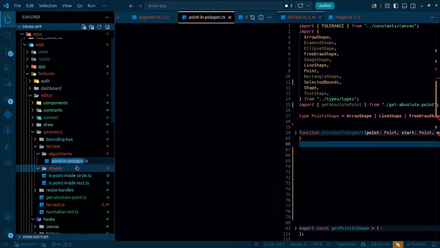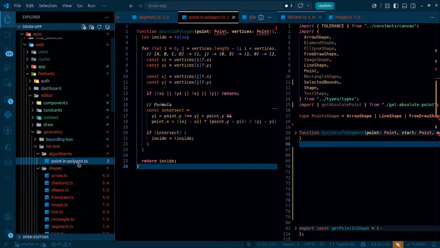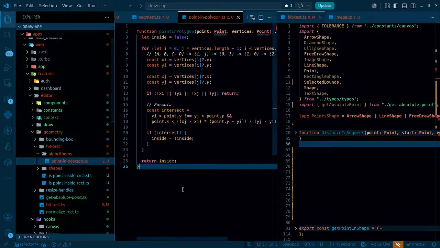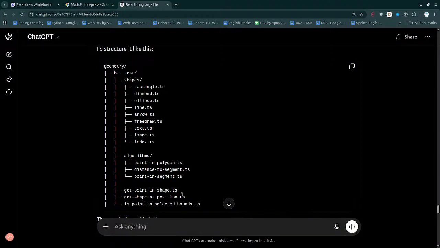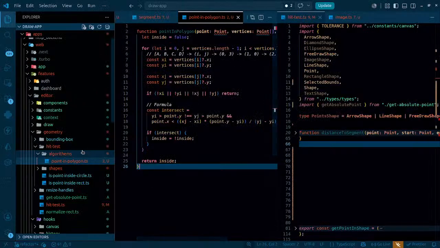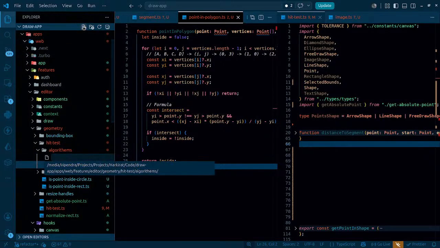Again, this point in polygon will be used later. I have plans of adding triangles and all, many more shapes. At that time, instead of checking them separately, I'm gonna be using point in polygon later on, not now of course. Then what do we have? Distance to segment, point in segment. So even this segment related thing, point in